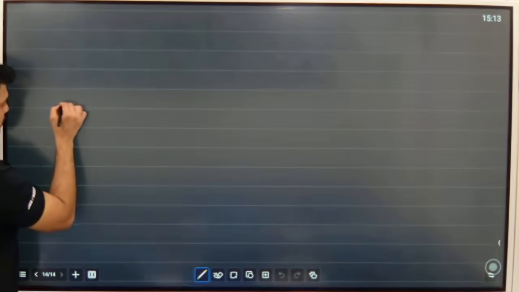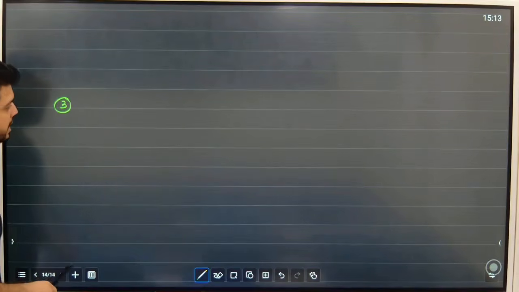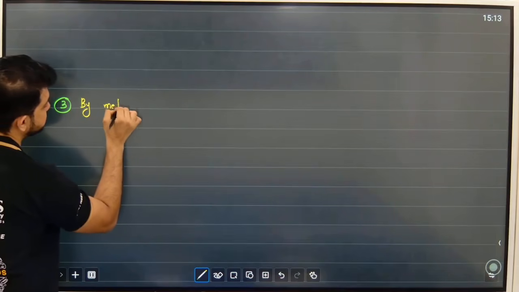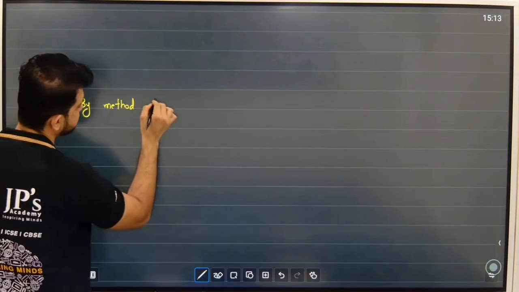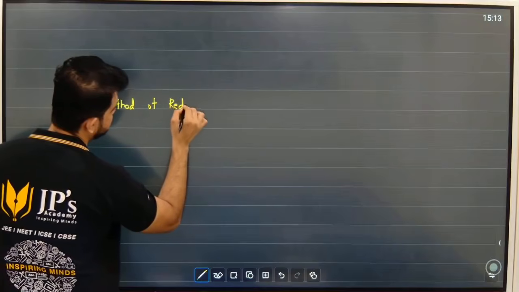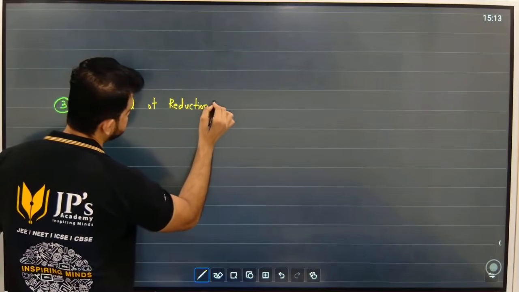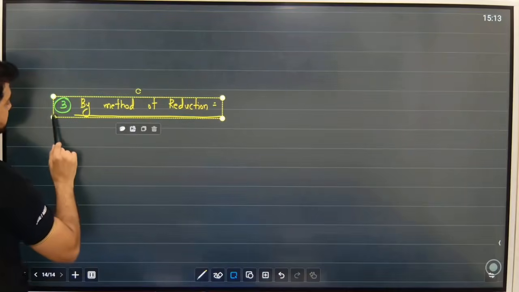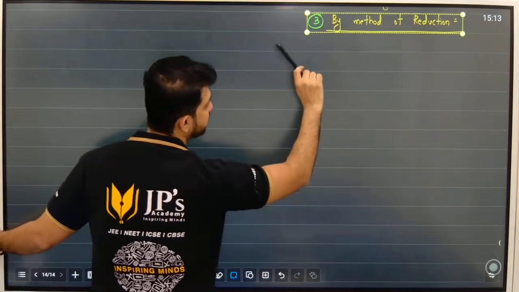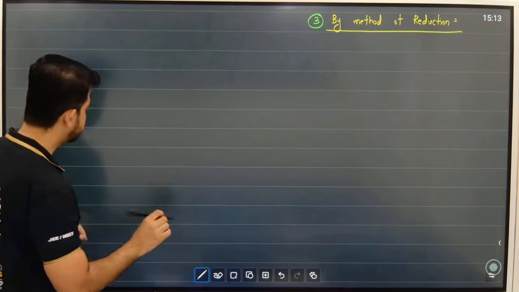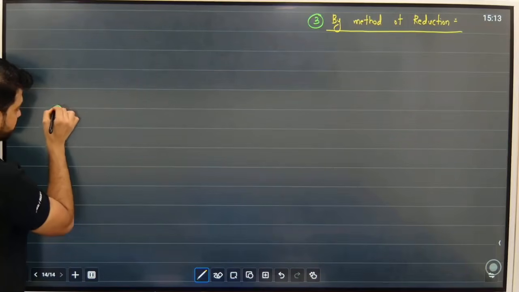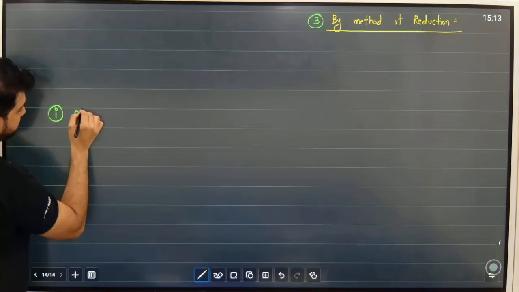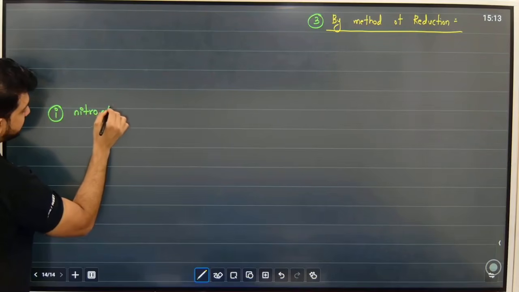Now let's continue with preparations. The next preparation is by method of reduction. Here, students, we will reduce 4 different functional groups and we will prepare amines. The first functional group that we're going to reduce, students, is nitroalkanes